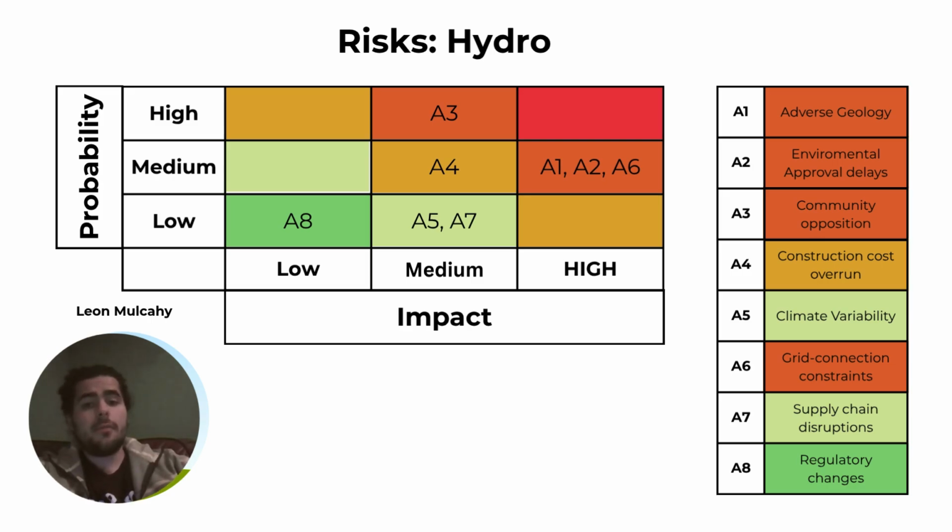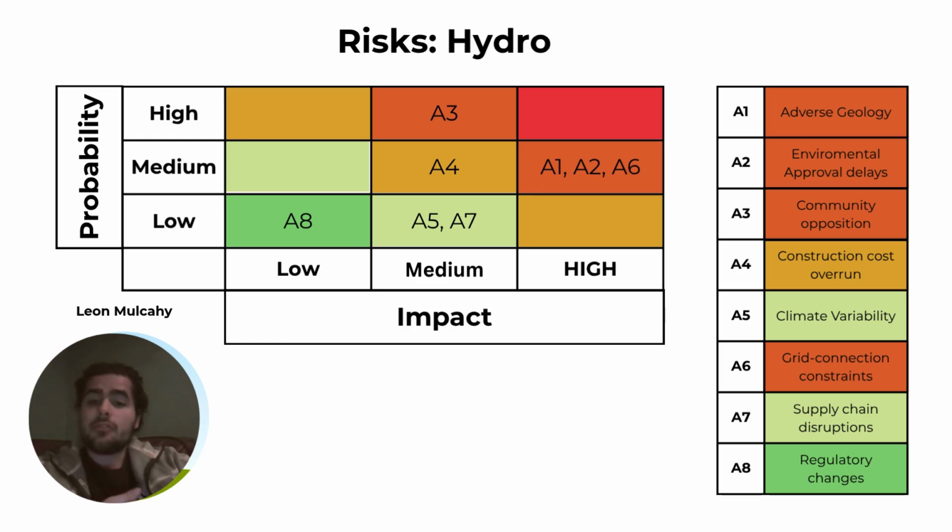The hydro scheme is very viable. However, that doesn't mean that it wouldn't have some economic risks. But with those economic risks, the majority of them have a low to medium probability. While some of them might have a high impact, the fact that they are low to medium probability means that they never get to the truly risky level that some other projects might have.